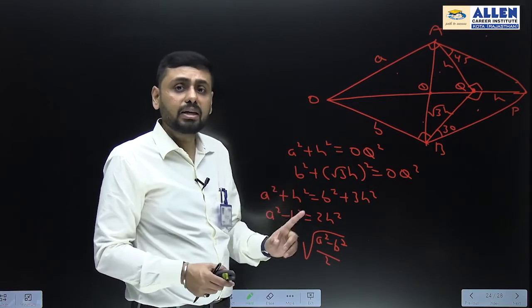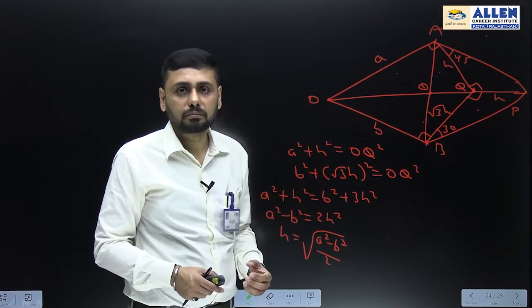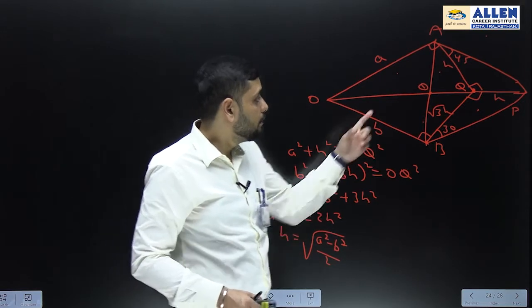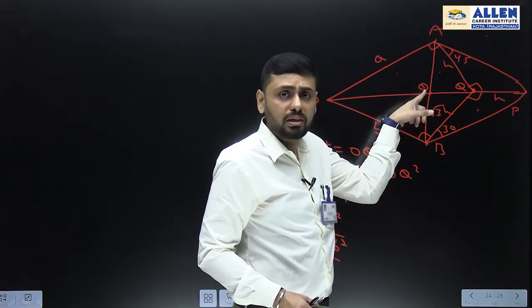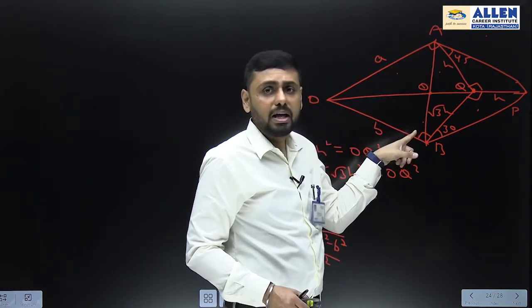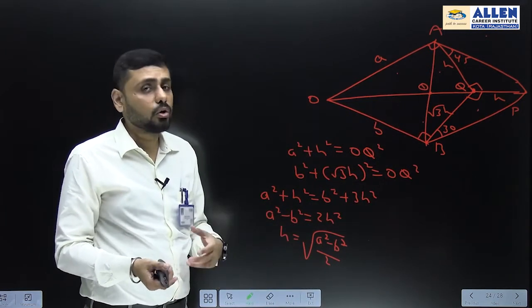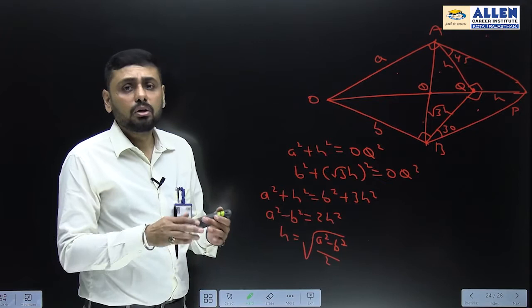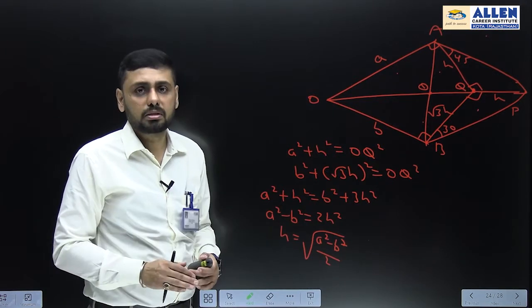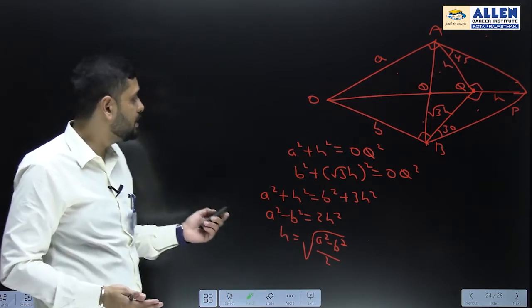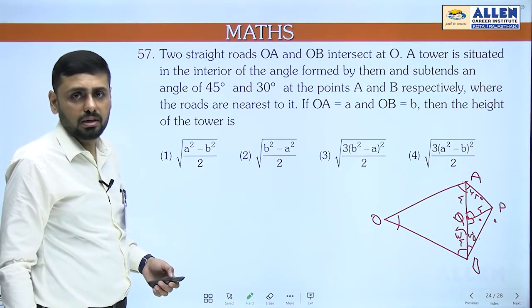That's why we have given this question as a bonus. Because if the base of the tower is here, then it's nearest, and in that case we are not getting the value of H. And if we are not getting the value of H, definitely no answer from the options is possible. So the answer can be bonus. That's why this question has been given as bonus.